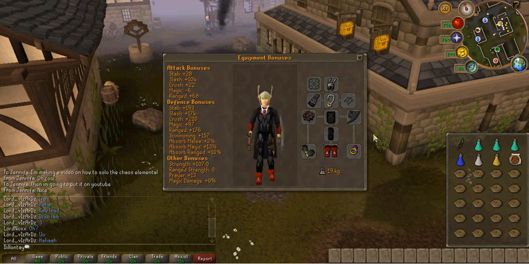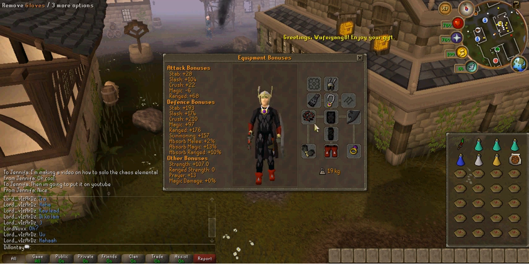your inventory and armor is going to consist of this. You've got your Helm of Netiznot, your Glory, your Black D'hide Body, Chaps, and D-Boots. You've got your Wealth and your Abyssal Whip, or your Rapier if you want to use that. The suggested cape is the Ardougne 3 because of the Mage defense bonus, and the Recipe for Disaster Gloves, or